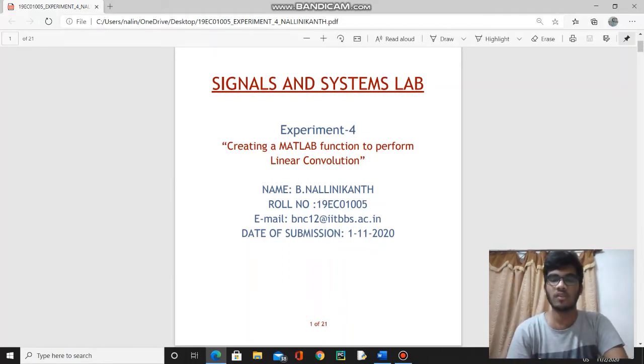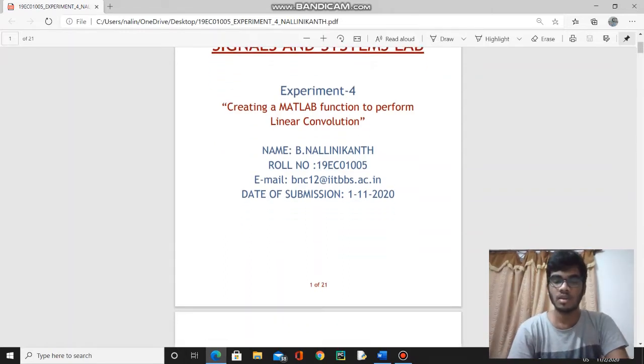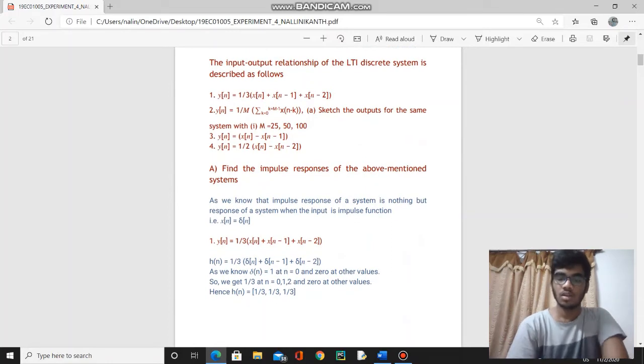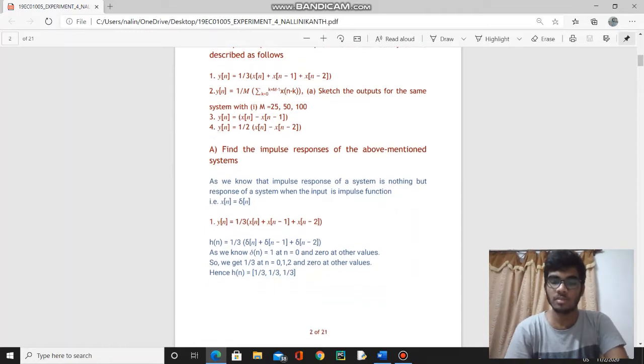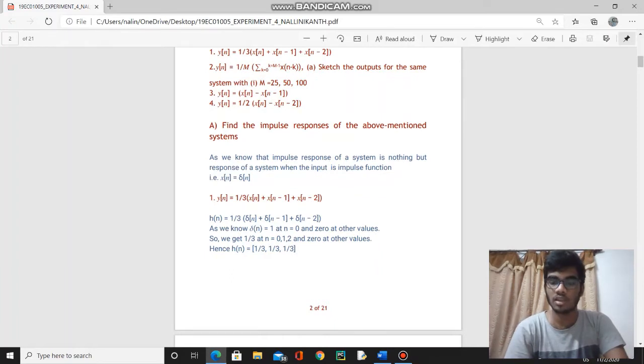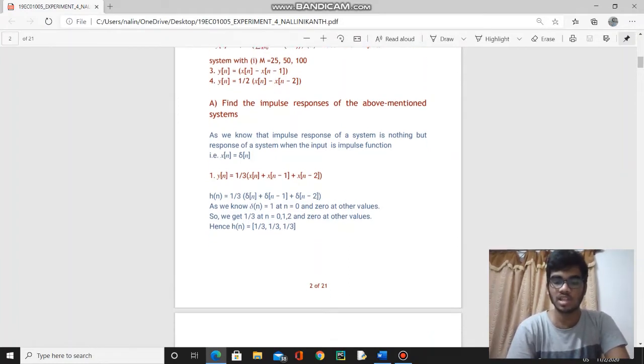Today we are going to have a brief discussion on convolution, the fourth experiment of Signals and Systems Lab. Firstly, in the first part, we are given four systems along with their input and output relationship, and we are asked to find the impulse responses of these four systems. An impulse response is nothing but the output of a system when its input is given as delta function. So by this we can get the impulse response as